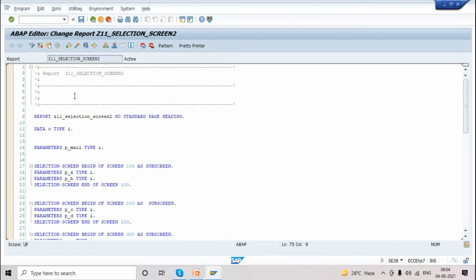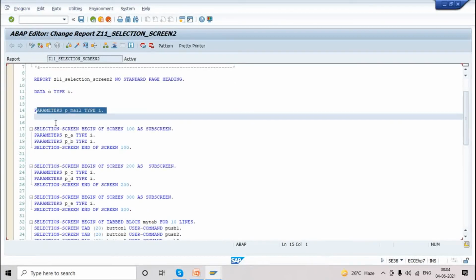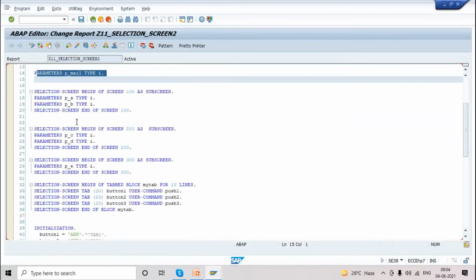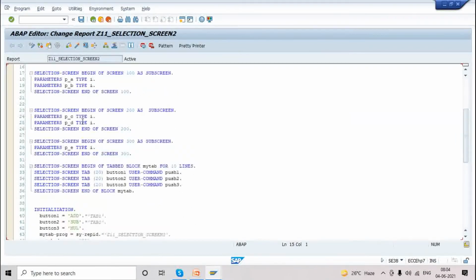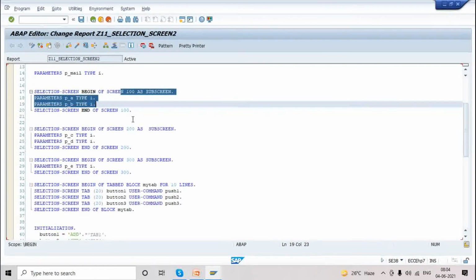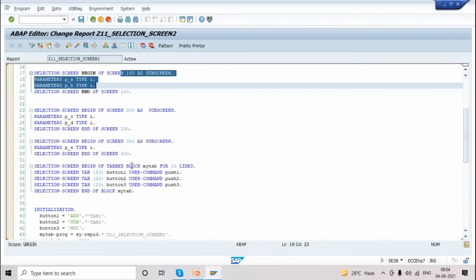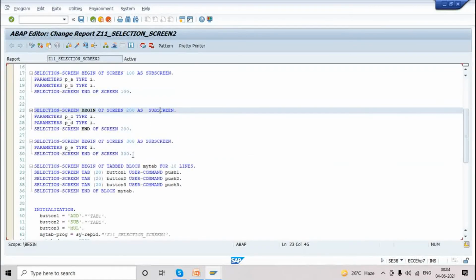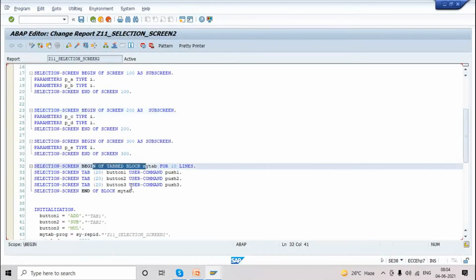A combination you can design. We can put parameters and select options without the subscreens also. Now, 3 blocks you already mentioned, right? The second time, we just mention them as subscreens, but we have to mention them tab-wise. In the same screen, when you click on the next tab, in the same area, the next subscreen values should be displayed, instead of going step by step. So we are aligning those as tabs.